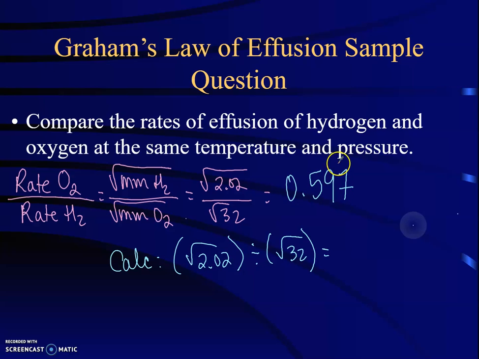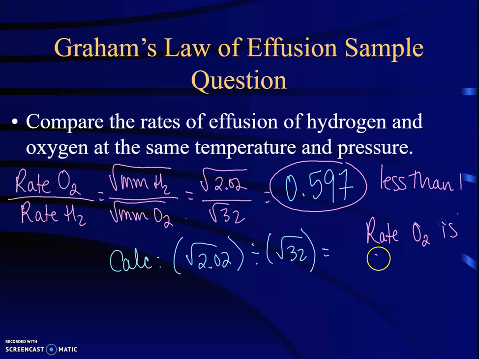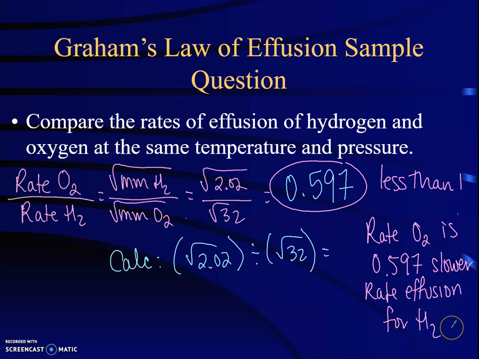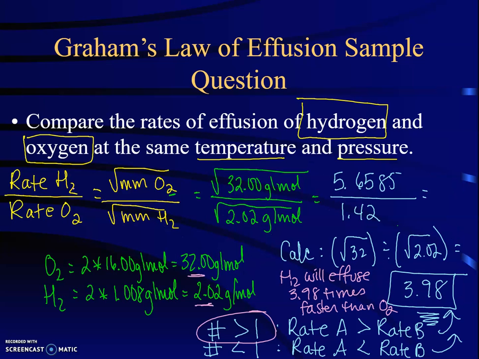Since this number is less than 1, it means that the rate of oxygen is 0.597 times that, slower than the rate of effusion for hydrogen. Okay, so in this problem, you end up seeing that number greater than 1, 3.98, and that means